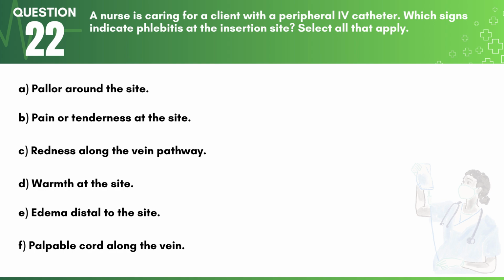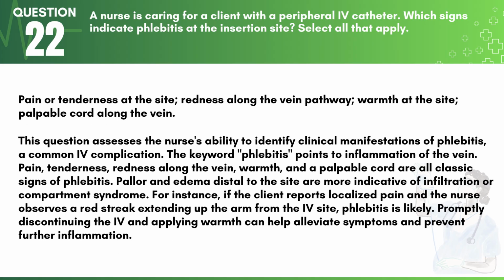D. Warmth at the site. E. Edema distal to the site. F. Palpable cord along the vein. Answer. Pain or tenderness at the site, redness along the vein pathway, warmth at the site, palpable cord along the